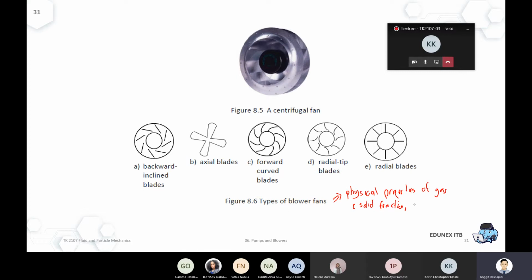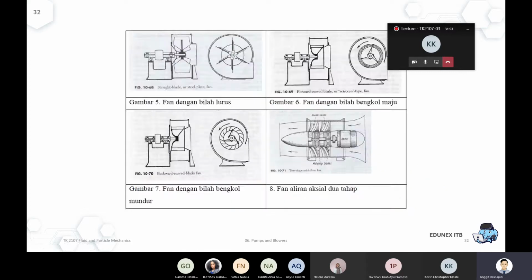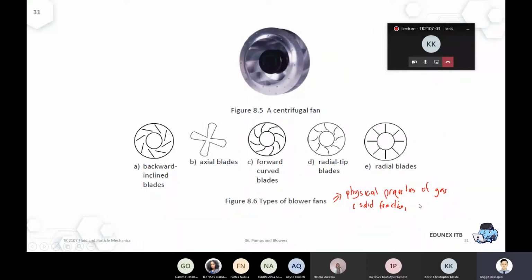Okay, so the other part may be the corrosivity of the system. For example, if we use a blower to flow ambient air, that would be different from a blower for acid gas. Acid gas is like CO2, H2S, any acid in vapor phase, that will be corrosive. That's why the material selection will be different. So the design would be matched with this kind of thing. Viscosity is just like any other moving parts or rotational equipment.